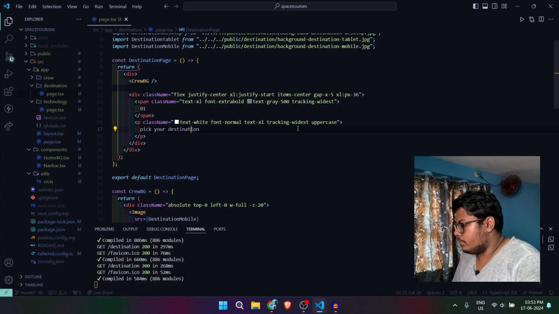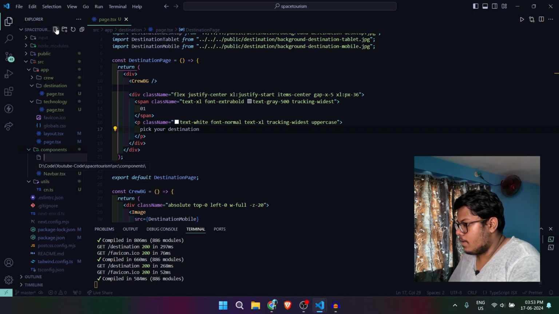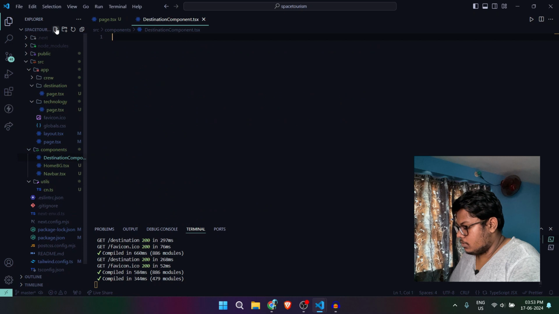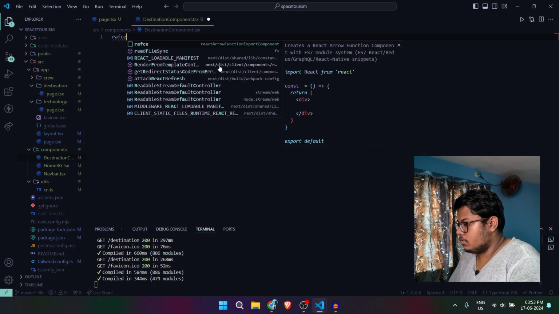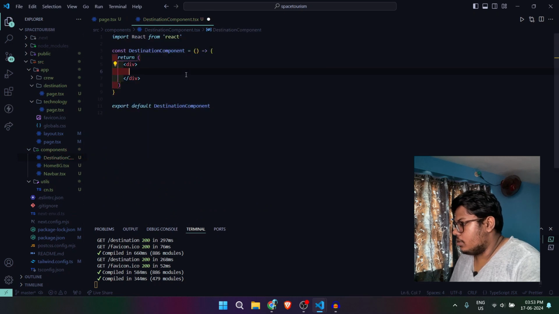So what I can do, within our component folder, we can create another file, and let's name it as destination component.tsx. rafce. Alright, now we are going to pass